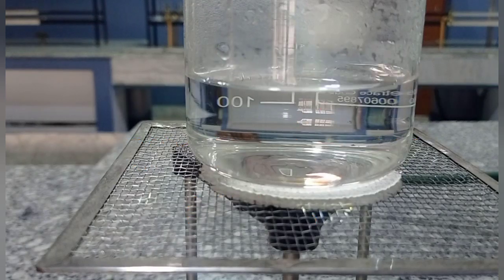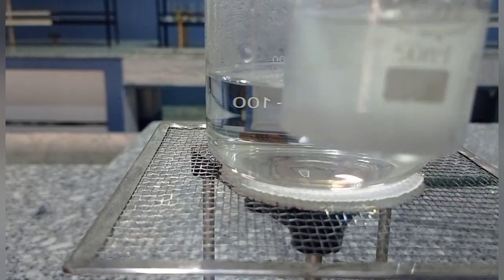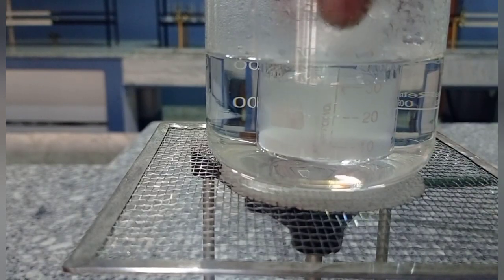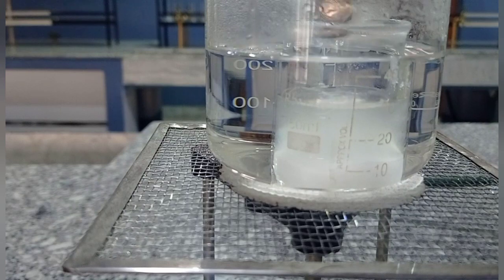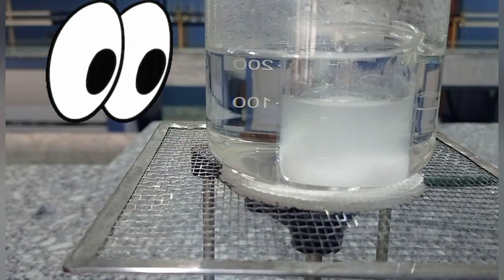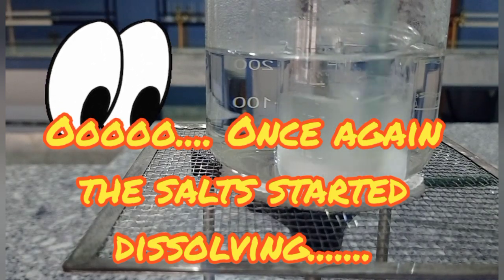I have taken hot water instead of heating it directly to show the observation clearly. You can see this is the same saturated salt solution. I am dipping it inside, and then let's see whether I can dissolve this left out salt or not. So let's try. Once again I will start stirring the same